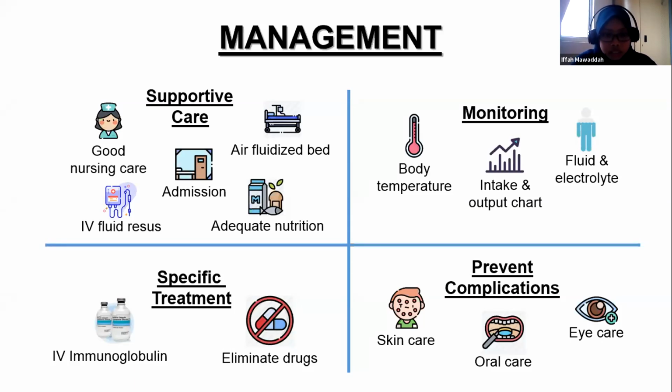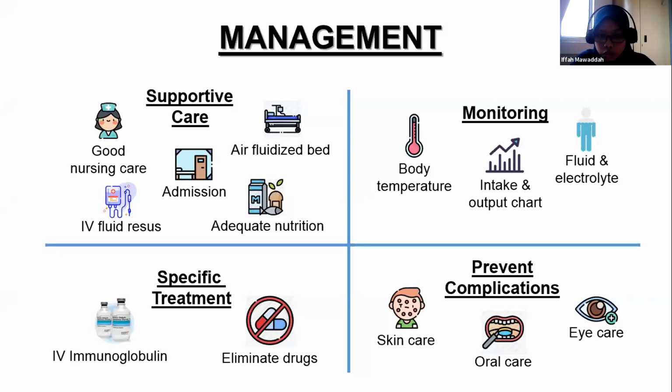For specific treatment, it is vital to eliminate the suspected offending drug first, and then give IV immunoglobulin at a dose of 0.4 gram per kg per day for 5 days. This IV immunoglobulin may be helpful to arrest the progression of the disease and help complete reepithelialization of tissue. Alright, in monitoring,